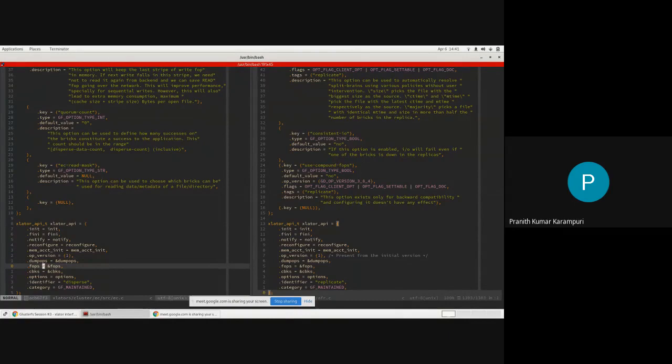And each Xlator will have to implement the file operations or callbacks. These are specific to the Xlator, the options and identifiers. So here it is saying it is a disperse module, and here it is saying it is a replicate module.